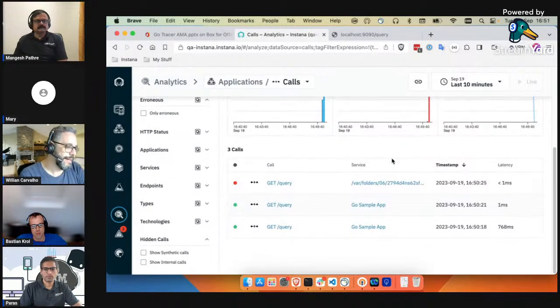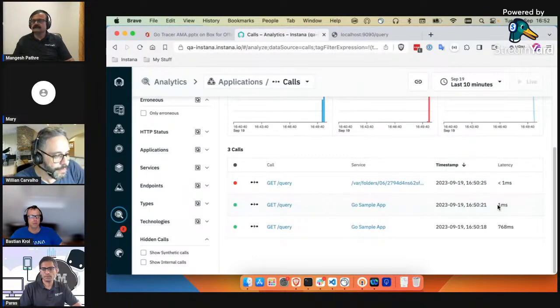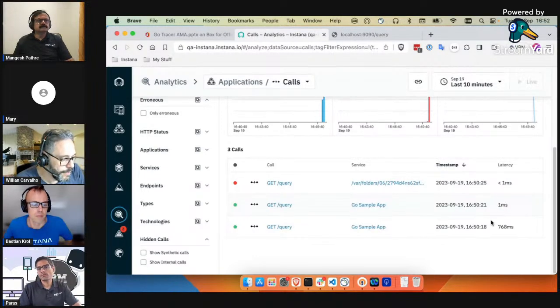and that's where it starts to get interesting. You can see both worked, but this one took almost 800 milliseconds, and this one only 1 millisecond. And you know why, right? Because the data was cached. There was no need to go through the outgoing HTTP request and call Google. So that's why this one is very small.